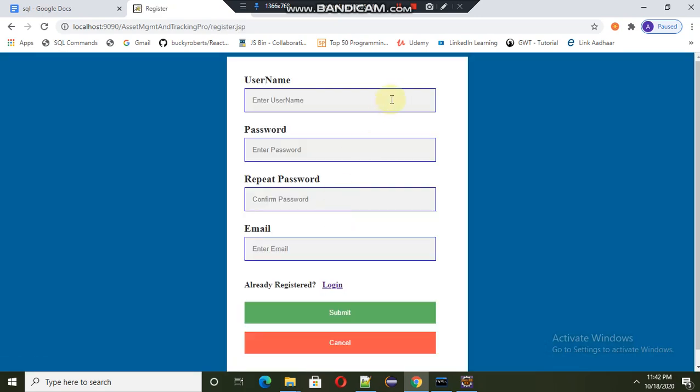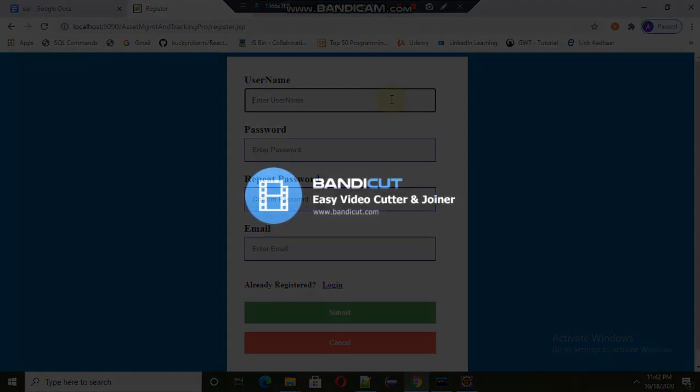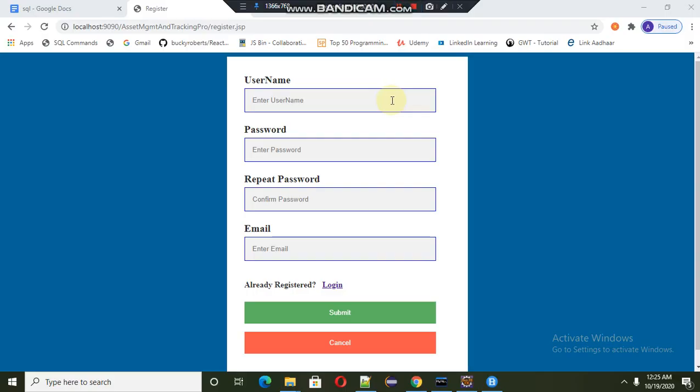We can check it. Enter username, password, confirm password.